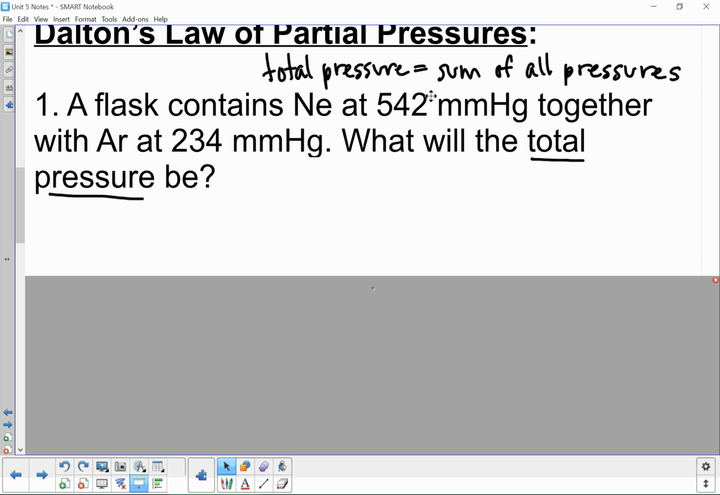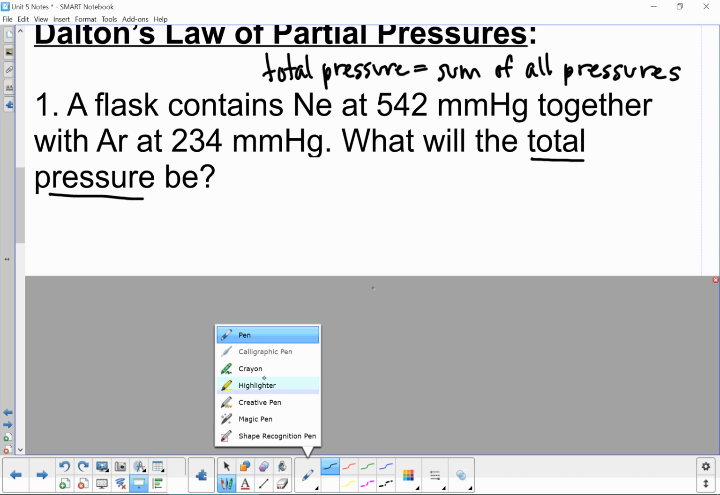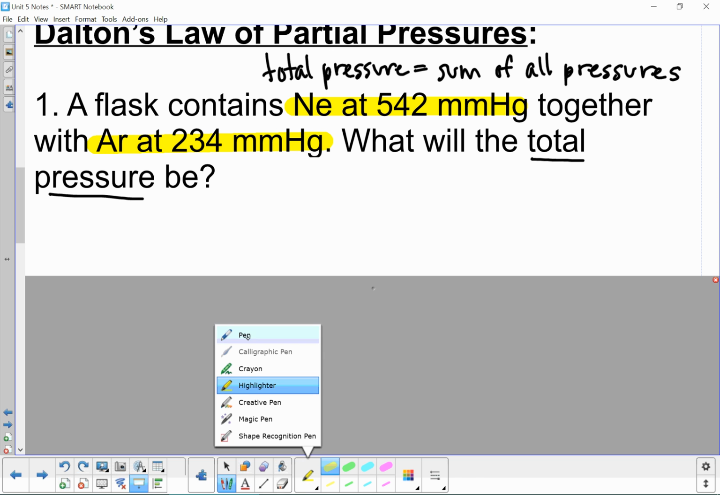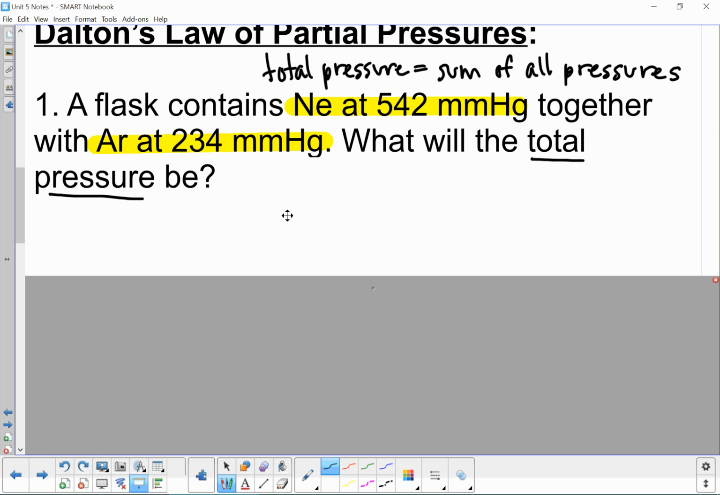that I have 2 partial pressures in here. And so maybe you want to highlight those numbers, help you find some things. I see right here that I've got neon with that partial pressure and argon with that partial pressure. So basically all that I need to do is add up 542 plus 234. That gives me a total pressure